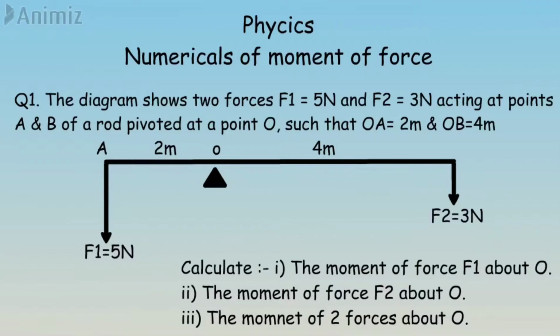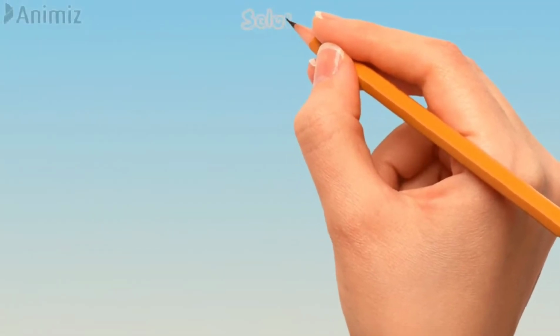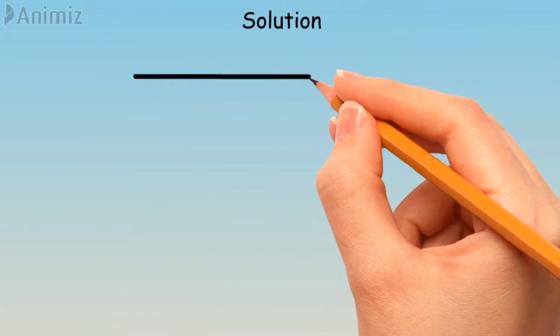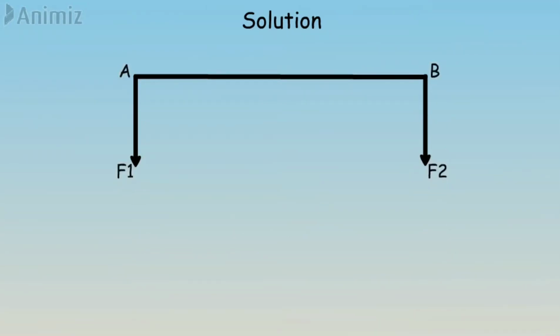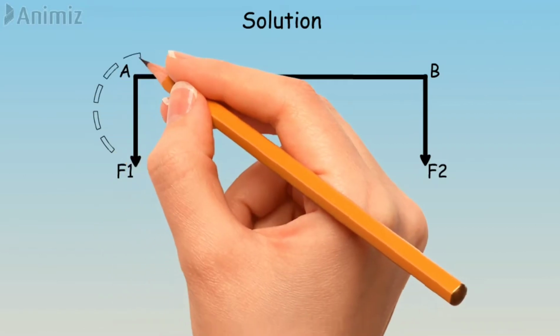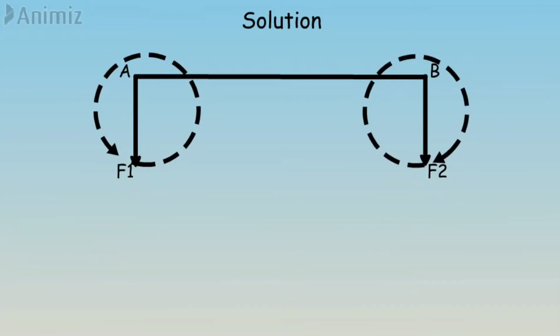resultant moment. Now for that, first again I have drawn the figure. Just see the figure. Same figure I have drawn again. Now for deciding the direction, you have to consider two inward circles, according to the direction of F1 and F2 towards the inner part of AB. Now just locate. At A, the inward circle indicates an anti-clockwise movement, and F2, when you look at it, is clockwise. So at A it is anti-clockwise and at B it is clockwise.